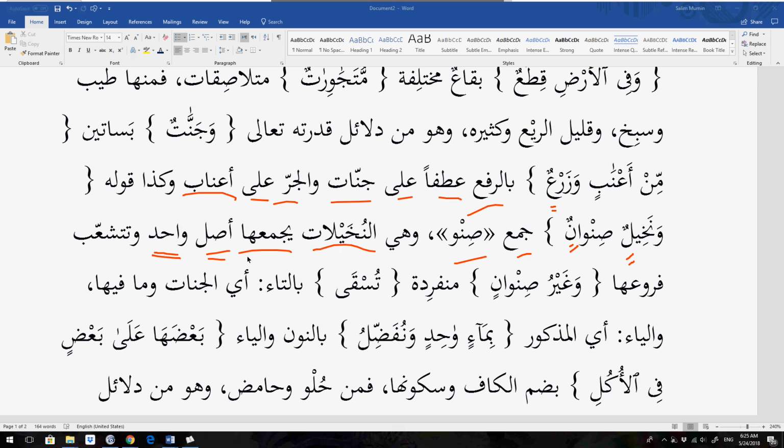Now, there could be 3 sets of twins, 4 sets of twins, or you call them twins and triplets, and so forth. But the idea here is twins, two main trunks that share the same root. This is aslun wahidun. They join the trunks. Wa tetasha'abu faru'uha. So its branches, faru'uha, they branch out from the two trunks.